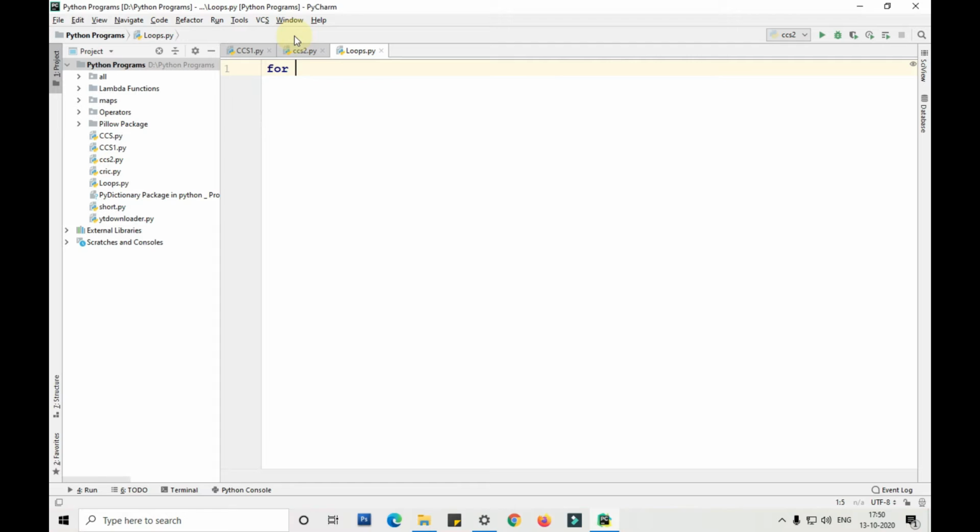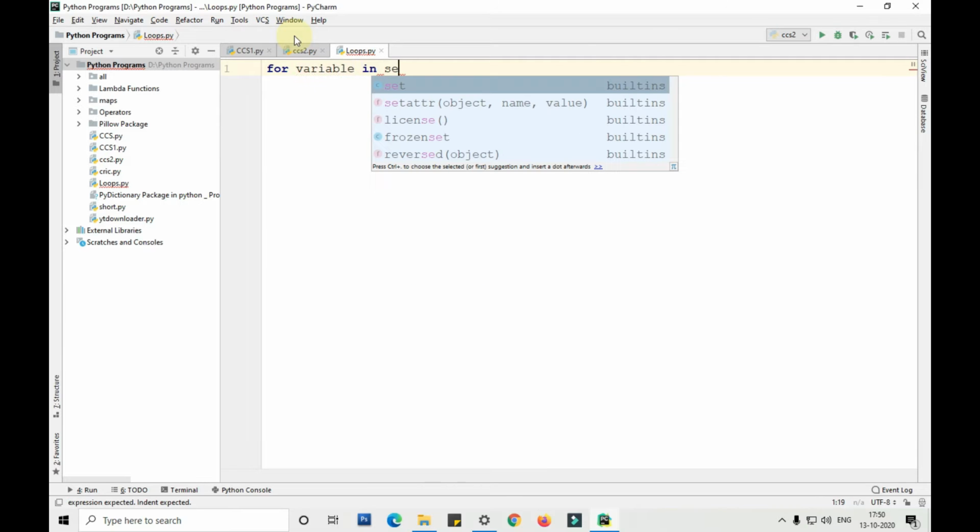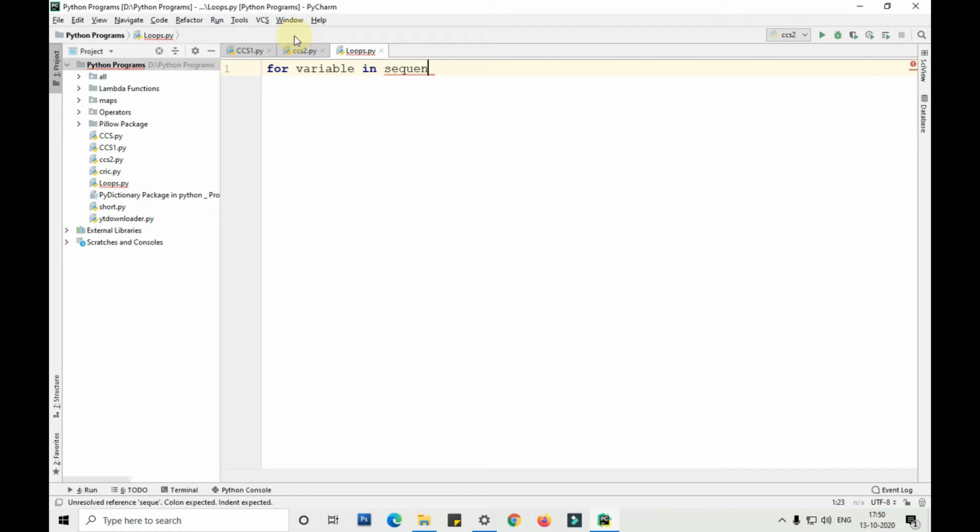For a variable in sequence type, followed by a colon, then for loop statements will come here.